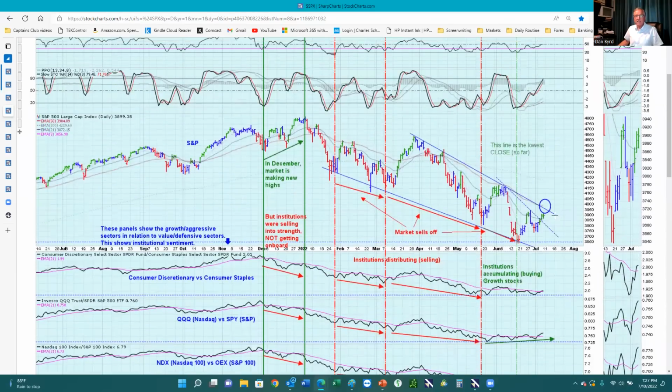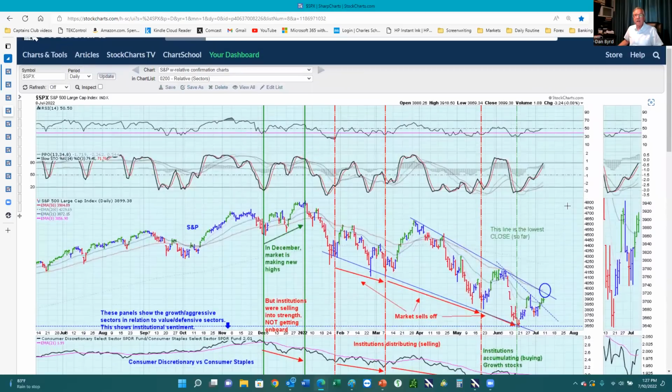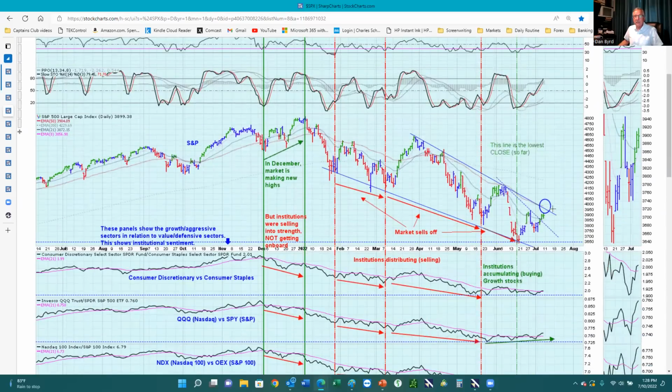However, there is a lot of work to get through right here. The key right in here is getting through this downtrend line, which is at right about 39.50. We ended Friday at 38.99, call it 3,900. So 39.50 is this downtrend line, and the 50-day moving average is at 39.84. So let's call it 4,000. We need to get through 4,000